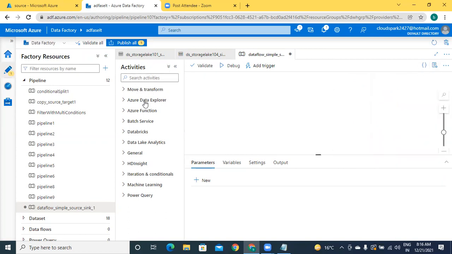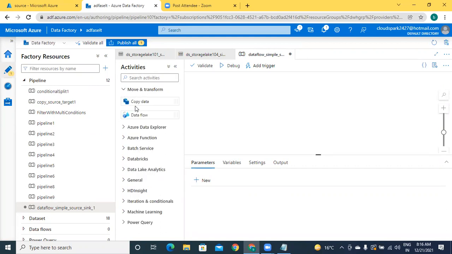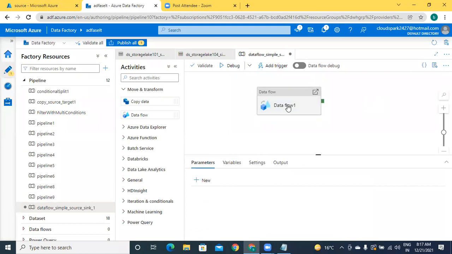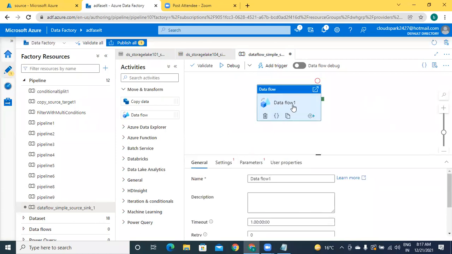Observe here: 1, 2, 3, 4, 5, 6, 7, 8, 9, 10, 11. There are 11 different options here. But in all these, the data flow is not available; data flow is available in move and transform. We already have used copy activity. Now onwards, everything we will be working with data flow only. Just drag it. If you click on this data flow,